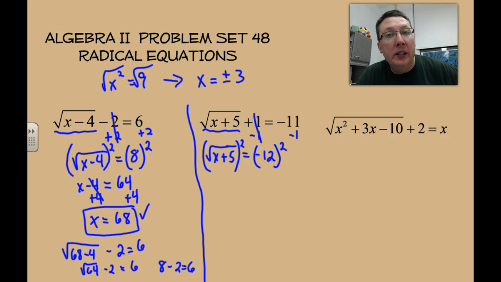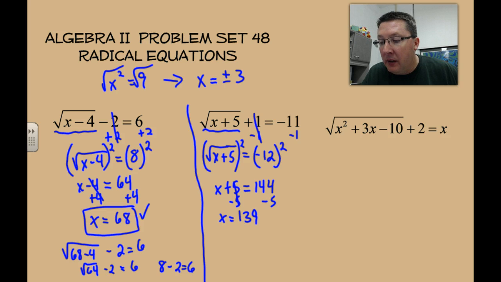Okay, again, squaring a square root cancels each other out, leaves you x plus 5 equals. Now on the right side we got to be careful. We need to include that negative since we're squaring the entire side. Include that negative, so negative 12 squared. Negative 12 times negative 12 is positive 144. One last step to solve for x. I'm going to subtract 5. And so I get x equals